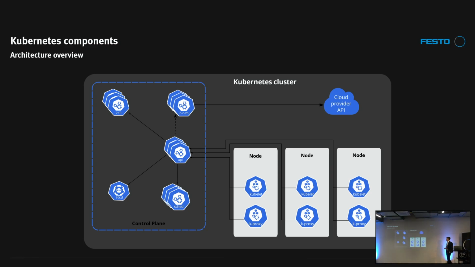When we have now a look at the worker nodes, there are two components located. The first one would be the kubelet. So this is a component which is kind of an agent which is connecting the worker nodes with the master nodes so that they have a communication. And then there's the second component, the kube proxy, which is used for networking on the worker nodes. So you can define some network rules here so that the pods and the single containers can communicate between each other. So this is the main infrastructure, how Kubernetes is structured and working.